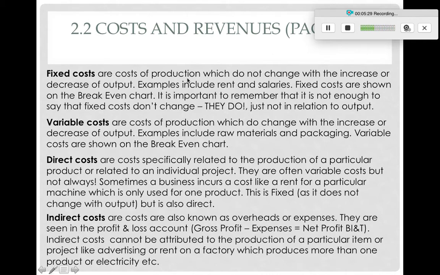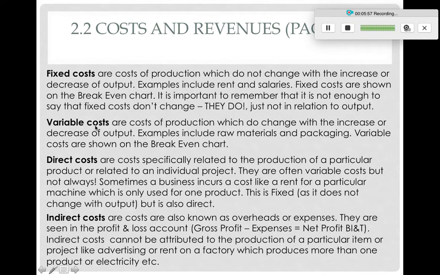So fixed costs are costs of production which do not change with the increase or the decrease of output. Examples include rent and salaries. Fixed costs are shown in the break-even chart. It is important to remember that it is not enough to say that fixed costs don't change. They do change, just not in relation to output. So for example, your rent can go up, but it doesn't go up because you produce more products, okay? So fixed costs do change as a result of changes in the external environment, but they are not changing in